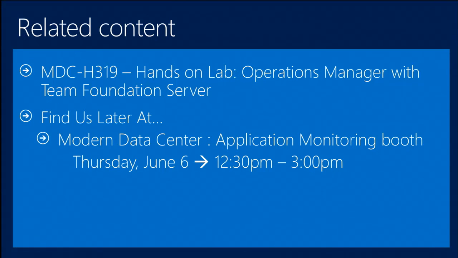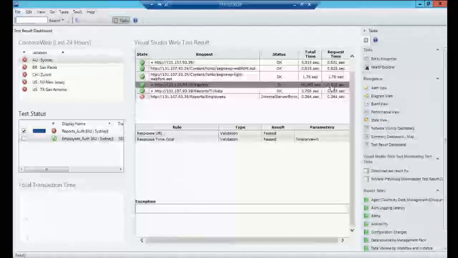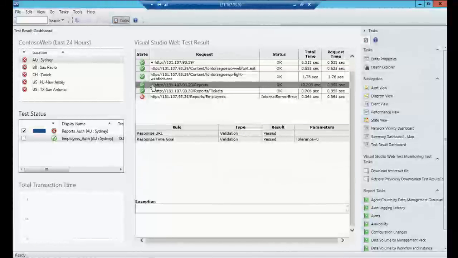So for the Visual Studio one, in the URL one, we collect response time, and we break it down for how long you were in DNS, how long you were actually getting content. In this one, most of the information you're going to get is in that Visual Studio web test result file, which you can manually download or get automatically downloaded if it causes an alert. And there you can see, for example, let's go back into this. Even for the steps that succeed, the total time, the time for that particular request, you can also expand this and see all the